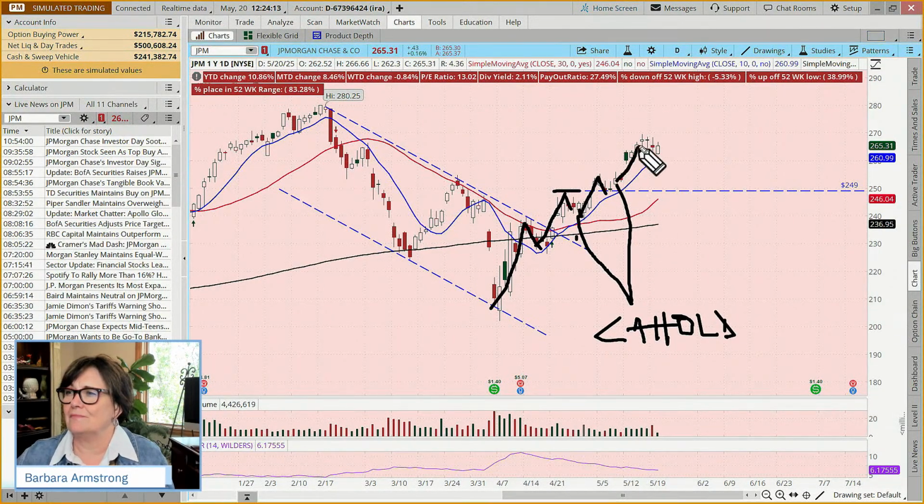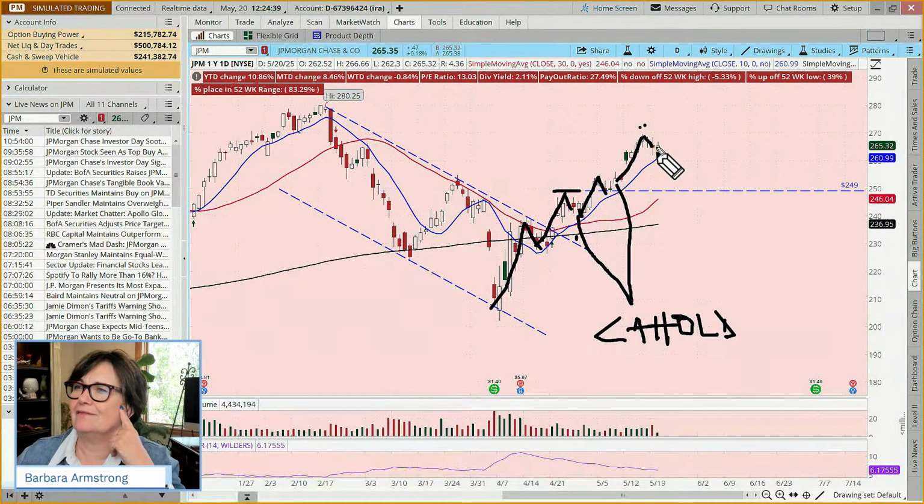And then it came up, pulled back for how long? It hesitated. We had a day of hesitation here and here. This is called a tombstone doji pattern. And what you're waiting for as confirmation that this may be pulling back is for this candle to close below the body of the previous day. Did we have that? Yes. And then are we seeing a close above the high of the low day? Well, this candle is still live, but it looks like it. So could this be another entry?